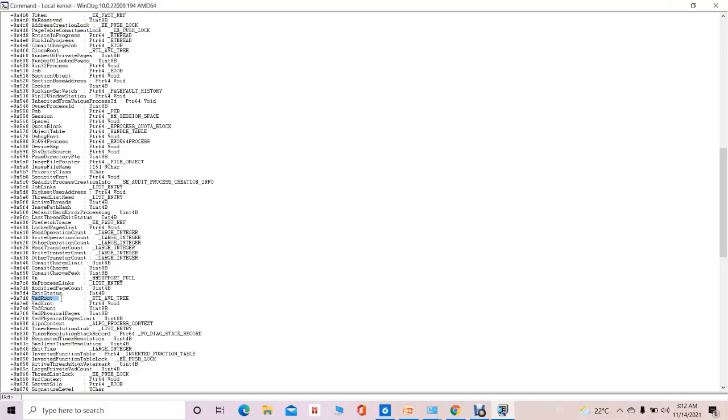For each individual file, a VAD is created. VAD is nothing but a virtual address descriptor structure, and that VAD structure specifies the memory range which is used for mapping that particular file in the volatile memory. That is specified by using the VAD structure.